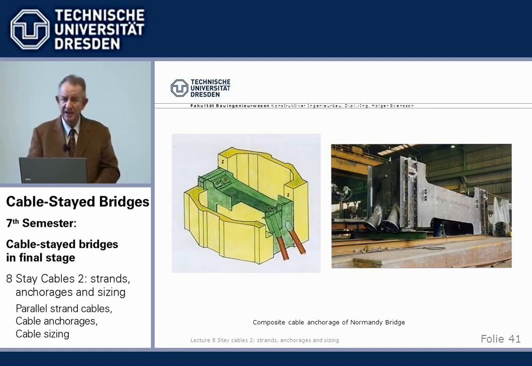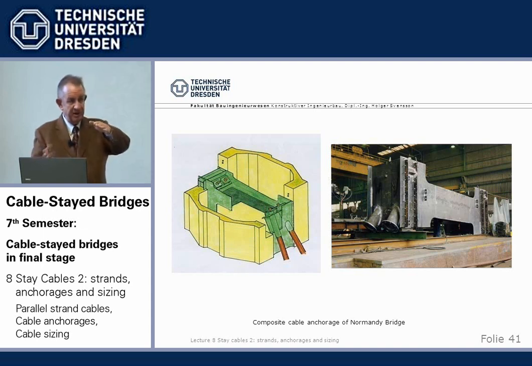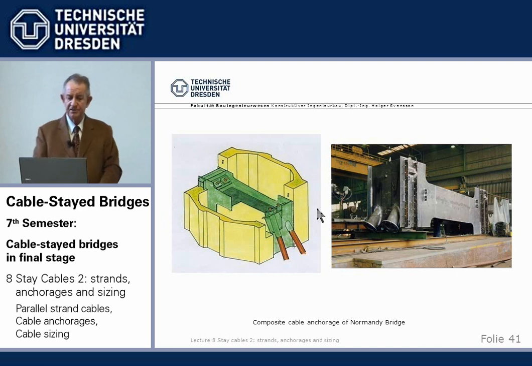Normally, we anchor the stay cables individually at the tower head. A disadvantage, of course, of a saddle with a continuous cable is if you have to exchange the cable on one side, theoretically, you can't do that. You have to exchange the full cable. Now, normally, we don't want to bend, and because of the fatigue problems we want straight cables, anchored top and bottom. So then there is the current development since 10, 15 years